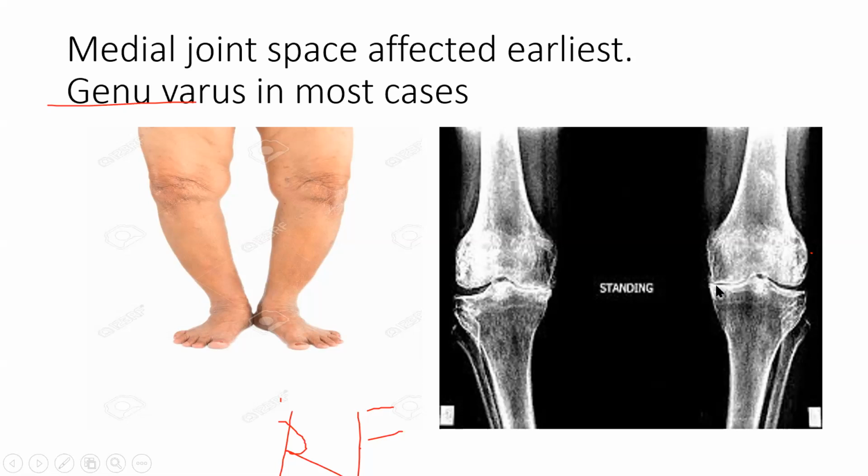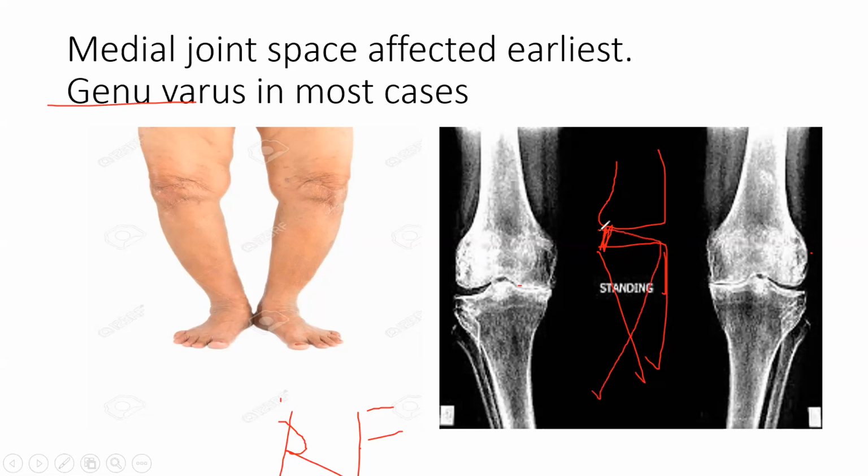Since it is a medial problem, and I had already told you how genu varus and valgus are created. Normally you see this space, and now this space is going to be compressed. So this bone will turn like this. The alignment was like this earlier, now the alignment will go inside. Because of this, the knee would be in varus position.